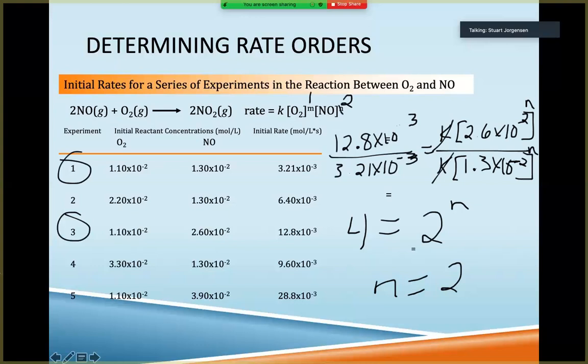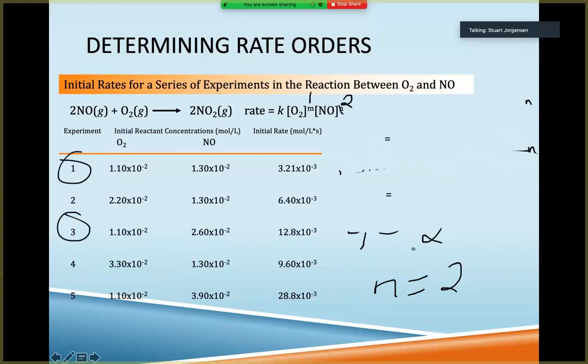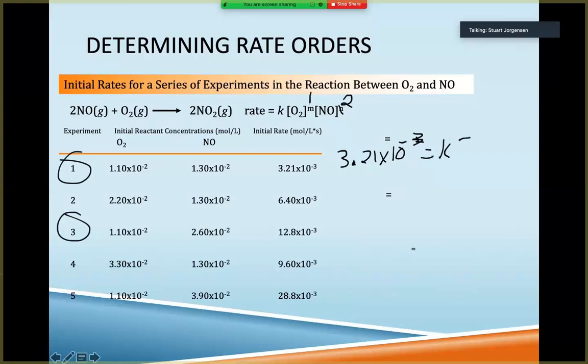Now, if we know those values, we can pick any of the trials to solve for K. We now have all the exponents except for K. I'm going to do trial 1 just for the sake of simplicity. We know that our rate, 3.21 times 10 to the negative third, is going to equal some constant K times our 1.10 times 10 to the negative second